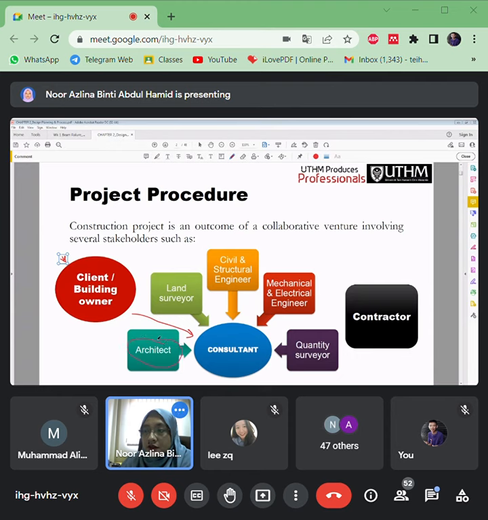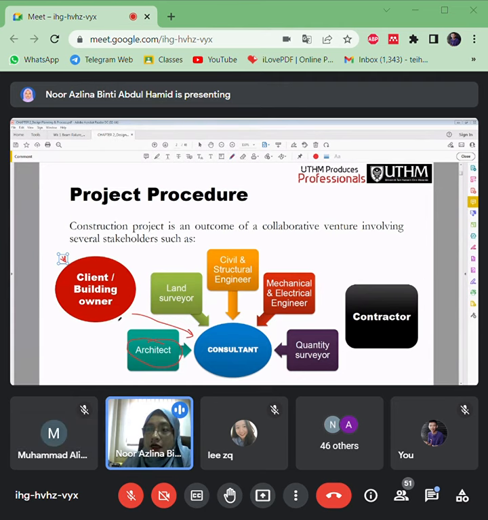The first is led by the architects. Normally the project is led by the architect. From the architect, they will come up with the drawings, the plans, the layouts.